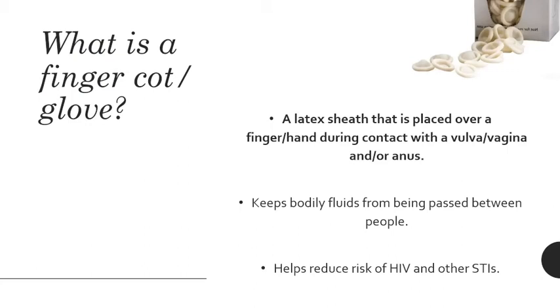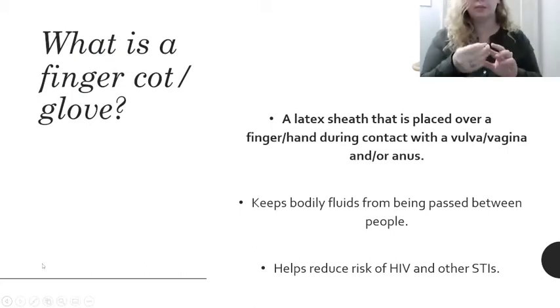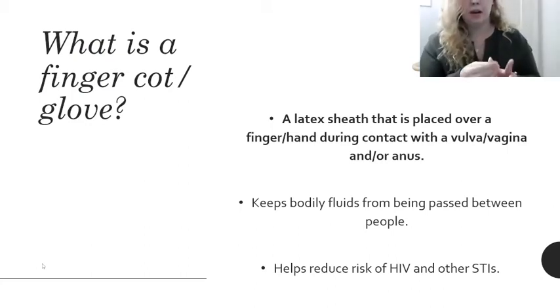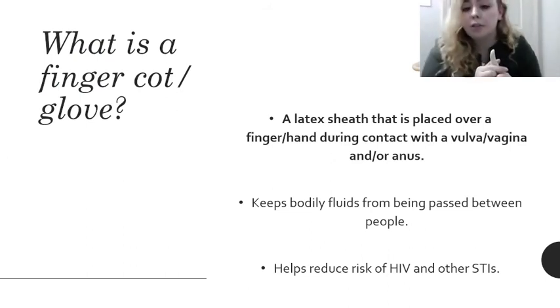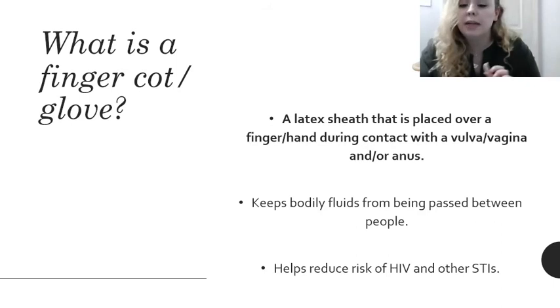And they look like this. It looks like a tiny little finger condom. And you'll just place it on the tip of your finger and roll it down as far as it will go. So then that provides coverage for your finger. Another great option could be a latex or rubber glove that somebody can use, especially if they're going to be engaging in something like fisting, where more of your hand is going to be exposed to somebody else's genitals or bodily fluids. And that can give you a lot more coverage. So that's a great option for that.